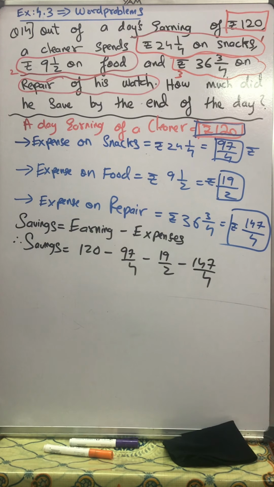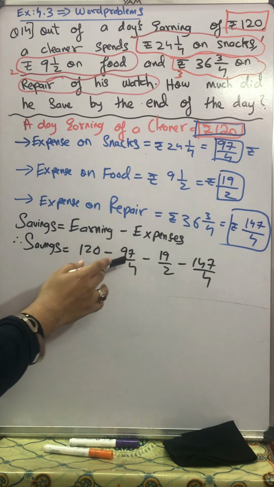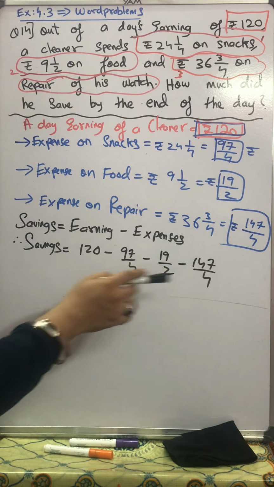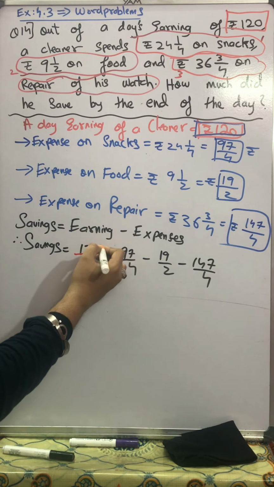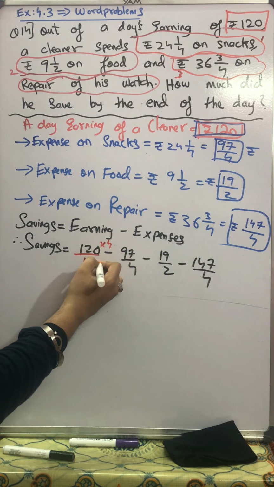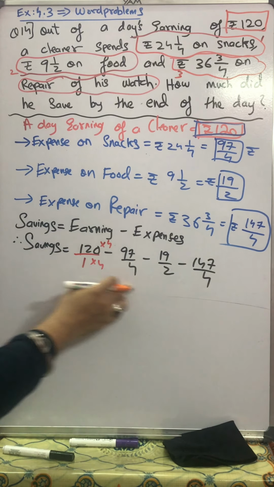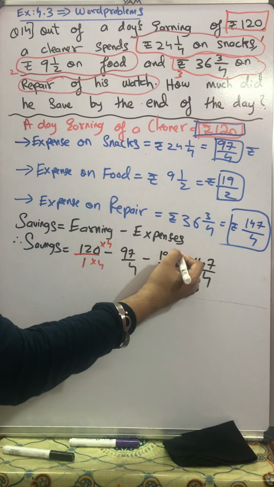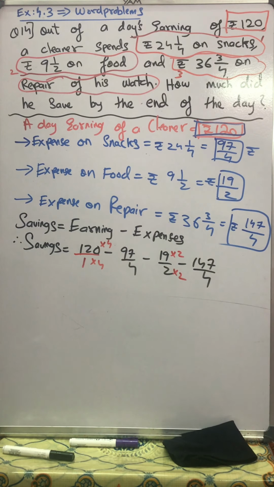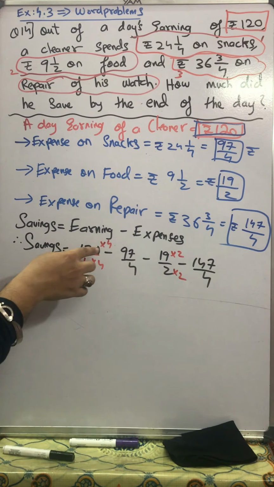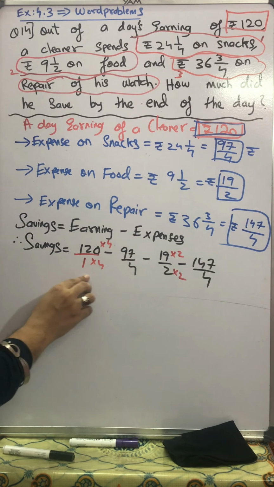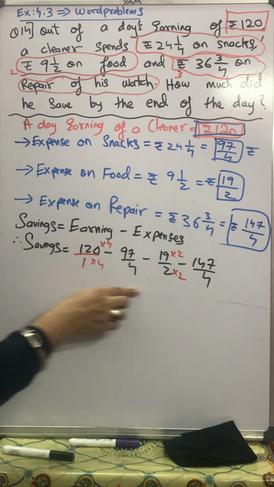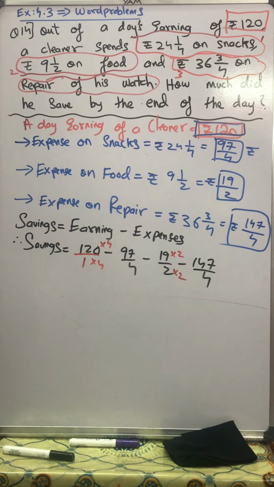Great. Okay, now let's do it. Minus 97 upon 4, minus 19 upon 2 and minus 147 upon 4. I can see here I have nothing, that means it's 1. So if I multiply here with 4 and here with 4 to make the common denominator 4, here it's 2. So if I multiply this with 2 and this with 2, I know that when I multiply 4 with 120, it will be a big number, but I am not concerned about the numerator. I am concerned that the best way is to make all the denominators same, that we also say as LCM.